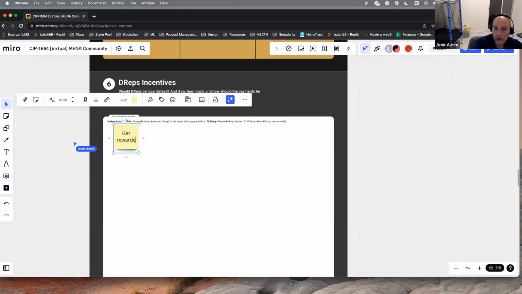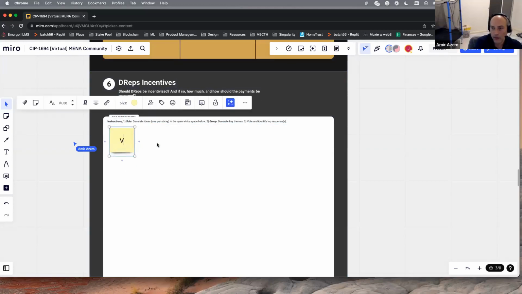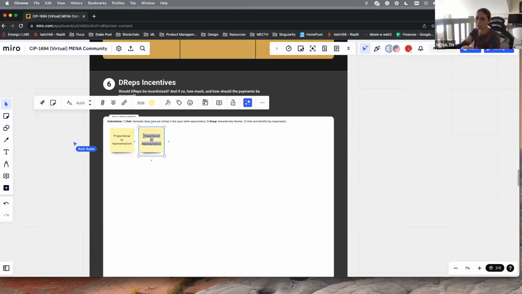I think it definitely should be related to how much ADA they have representing. Maybe that's number one, right? It should be proportional to their representation value. So someone who's a DREP for 1 million ADA is rewarded less than someone who's a DREP for 1 billion. Yeah, or 100 million. Even though sometimes it is a popularity contest that way, I guess that's healthy competition. It's kind of like the stake pool model. Yeah, exactly. And I think that's still important, but maybe there's a minimum they get.